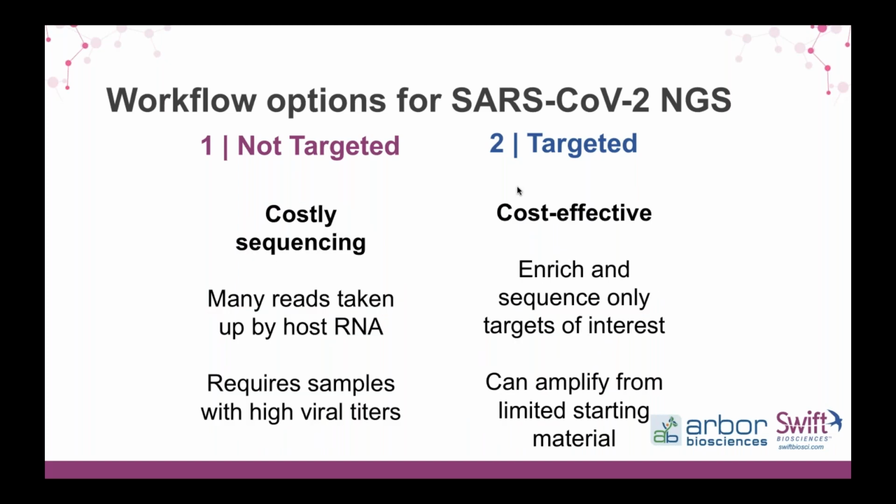So if you compare a not targeted versus a targeted workflow, if you're not targeting the specific SARS-CoV-2 sequences, you can imagine that this becomes very costly in terms of sequencing. The majority of the reads that you get are going to be to your host RNA and not to the viral RNA. Additionally, because you're not enriching specifically for viral RNA, it would require samples that already have high viral titers, which aren't necessarily going to be the predominant samples. However, with targeted, because you're enriching and sequencing only those molecules of interest, it's much more cost effective. And because you're amplifying and enriching for the SARS-CoV-2 genome specifically, you can